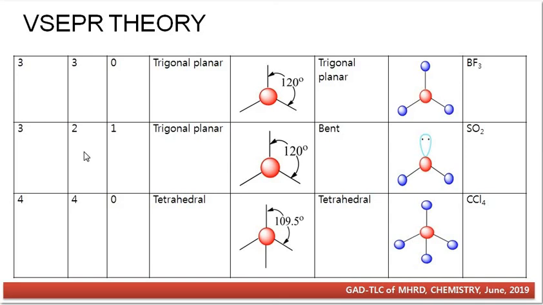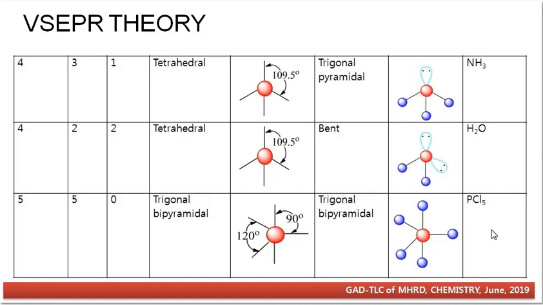And in trigonal planar electron pair arrangement, if we have two bond pairs and one lone pair, then the molecular geometry will be bent. For example, SO2 molecule, here you can see the lone pair of electrons at one position. And if we have four electron pairs around the central atom and all are bond pairs, then the electron pair arrangement as well as molecular geometry will be tetrahedral and bond angle will be 109.5 degree, for example CCl4